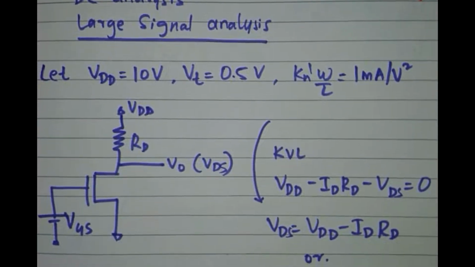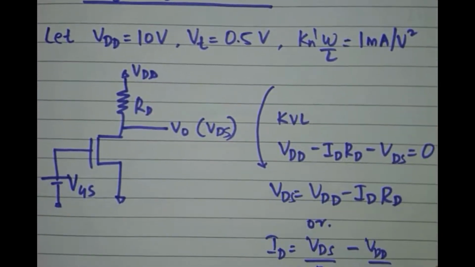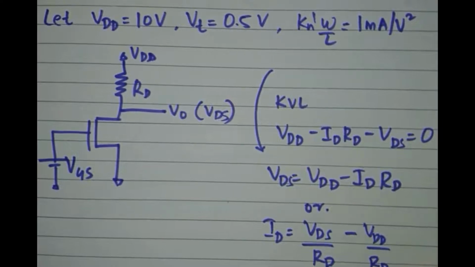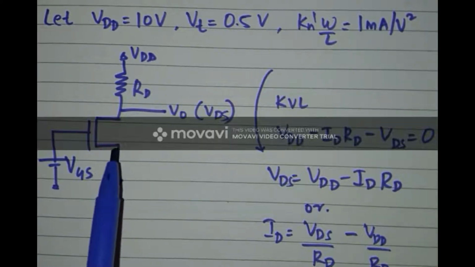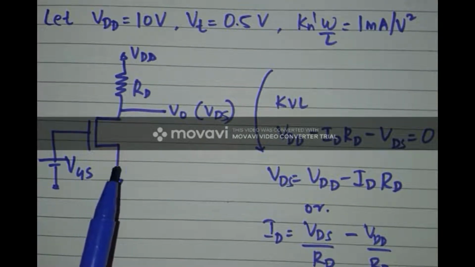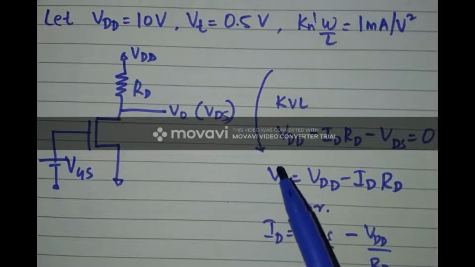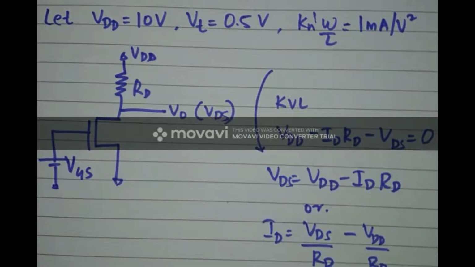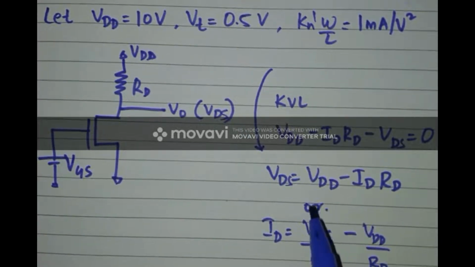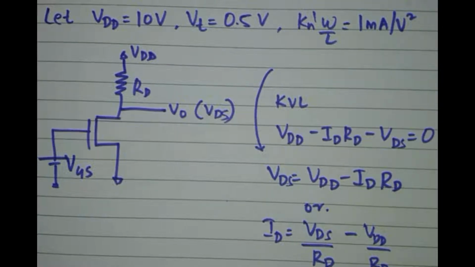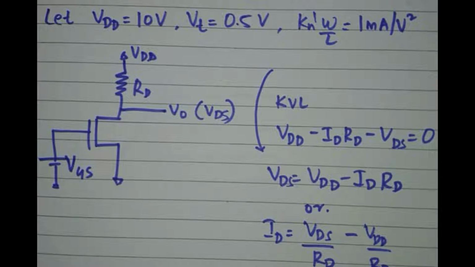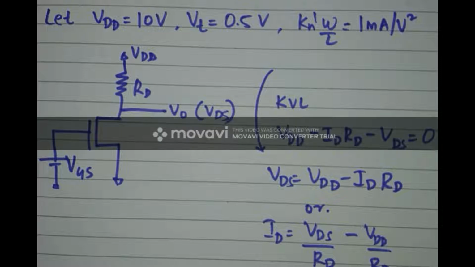we have already plotted the DC load line by using this particular MOSFET amplifier circuit, and by applying KVL we obtained this particular equation, and through this equation we already plotted the DC load line. Now we'll try to figure out what is the importance of the DC load line when it comes to input and output characteristics, or basically the transfer characteristics, which means